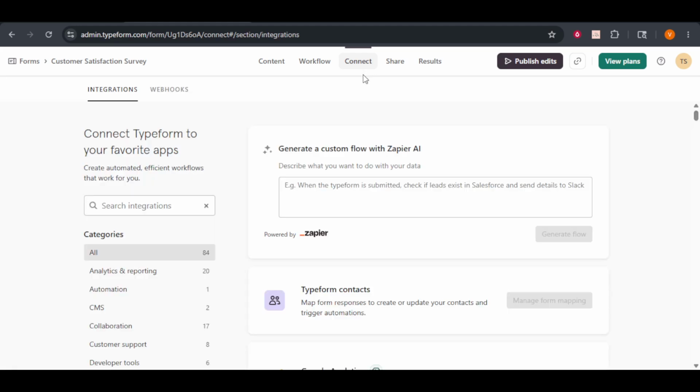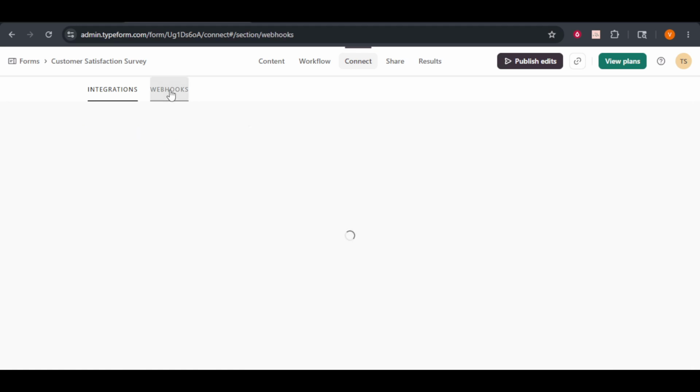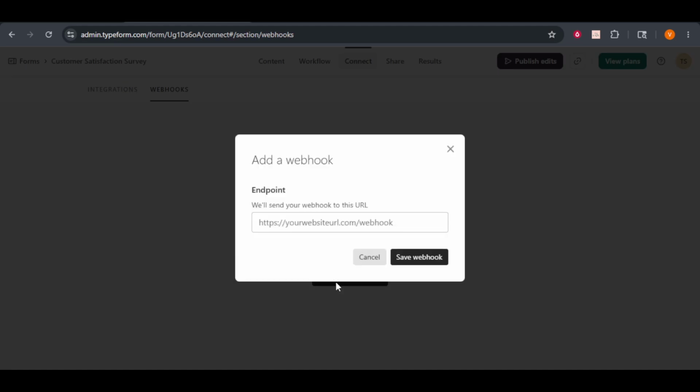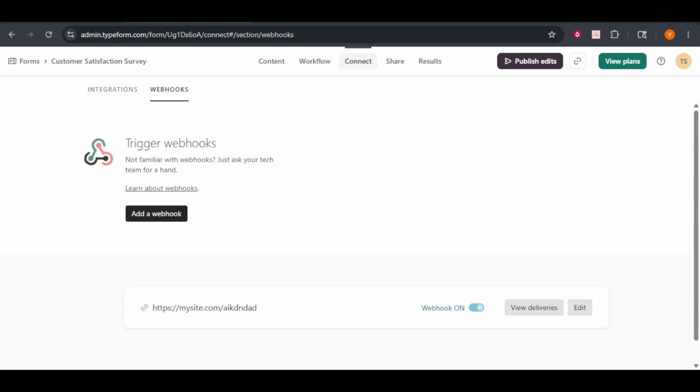Right below the main navigation bar, you will see a sub-tab labeled Webhooks, so go ahead and click on that option. Now you should see a list of your configured webhooks. Locate the active webhook endpoint that is causing the connectivity issues and click on the View Deliveries button located right